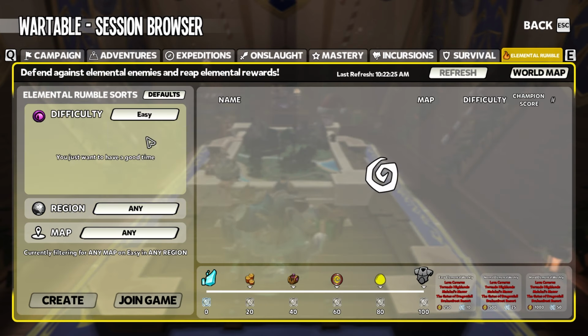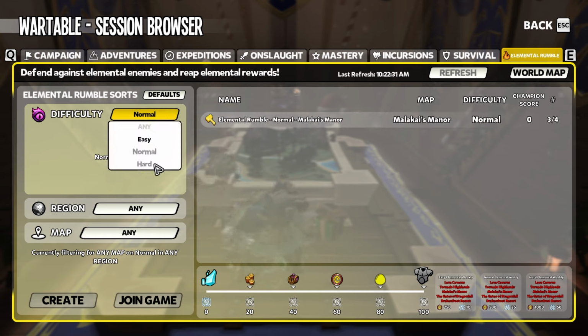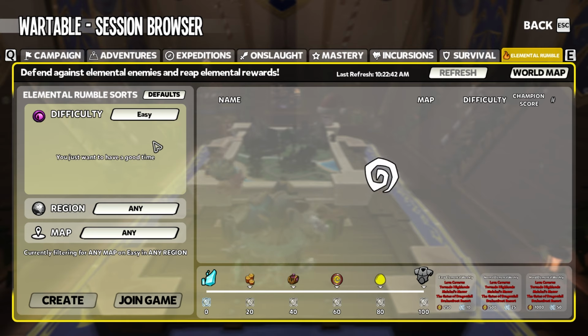There is Easy, which is comparable to about Chaos 7 difficulty. There is Normal, which is comparable to about Chaos 10 difficulty, and then there is Hard, which is comparable to about Onslaught Floor 960. Now, these game modes or these maps are going to play very differently to what we